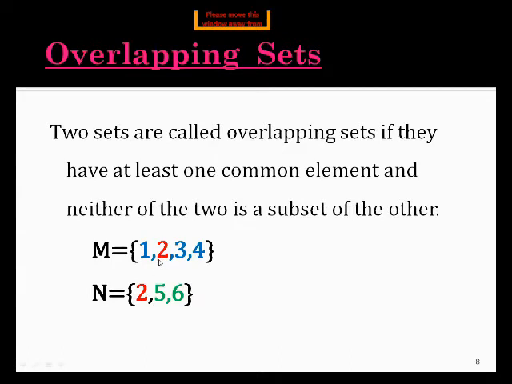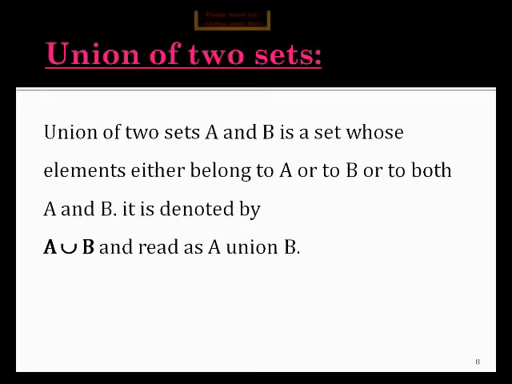It means that on both sides we have a common element, which is 2. At least one common element in the two sets. So here we have at least one common element, which is 2, common to both sides. Such kind of sets are called overlapping sets. Further, we will discuss some questions about overlapping sets and disjoint sets. So it is very clear to you how to solve these sets.